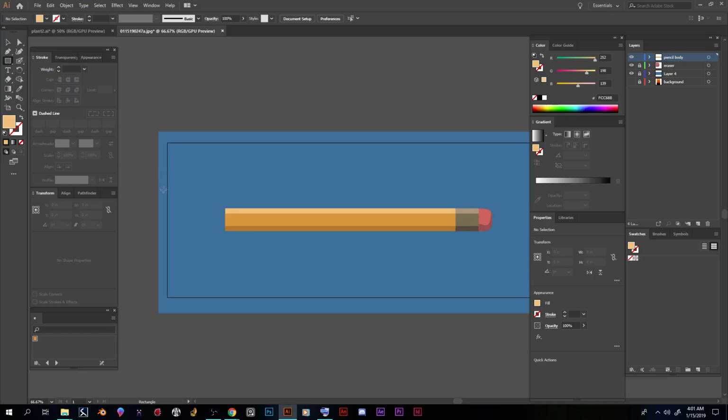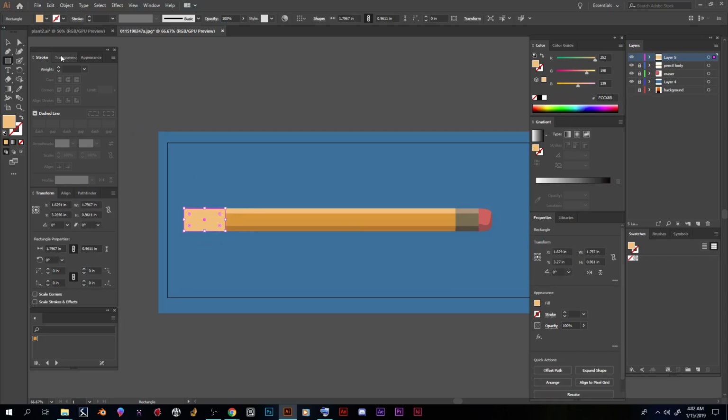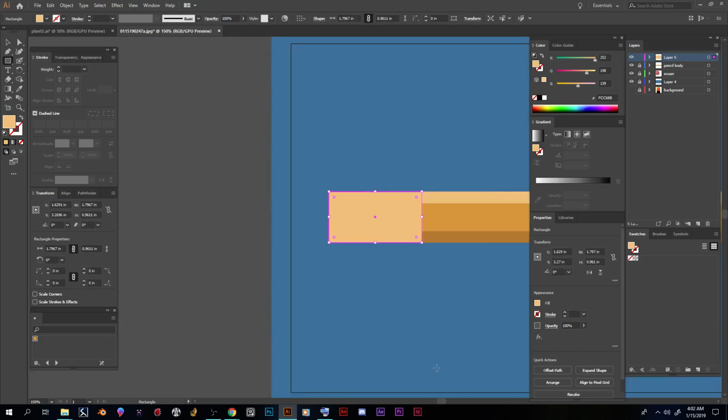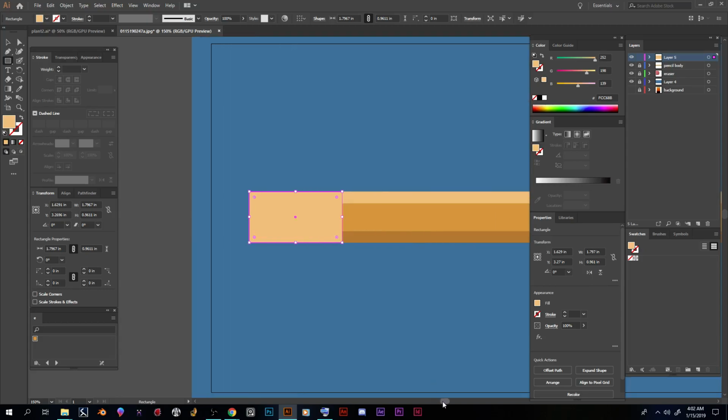Could make a rectangle off of that. So I'm going to make a new layer. I'm going to stick this on top of the pencil body. I'm going to build a rectangle here. I guess that's actually not a bad color for it. I don't know if it's darker or not. I can't remember. So one thing I'm going to do is I'm going to need to make a triangle right